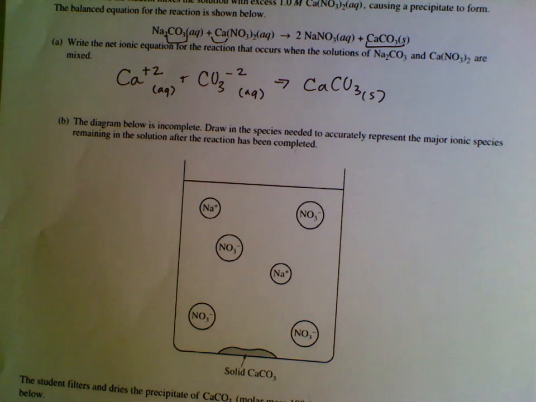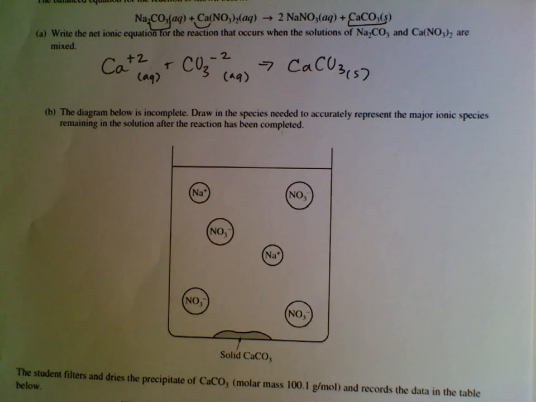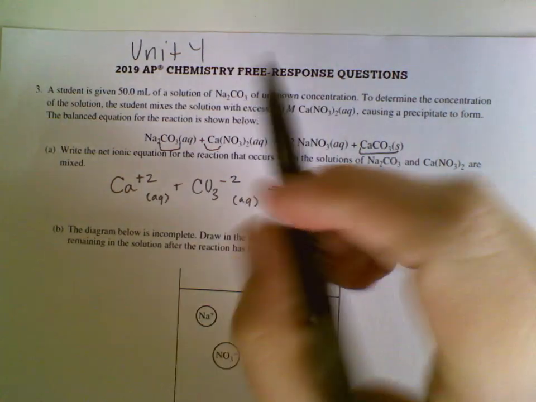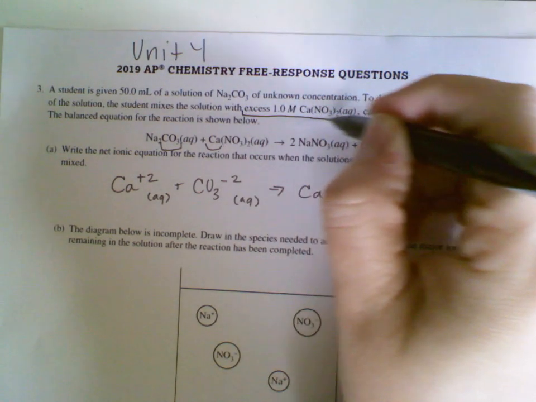For B, it says the diagram below is incomplete. Draw in species needed to accurately represent the major ionic species remaining in solution after the reaction is completed. At first glance, I look at this and I say, this is exactly how I would draw this reaction. So what is the problem? And in my mind, that's a trigger to say, hey, there is probably an excess reactant that they are asking about. And if you go back to the top of the prompt, you'll see that you have excess 1 molar